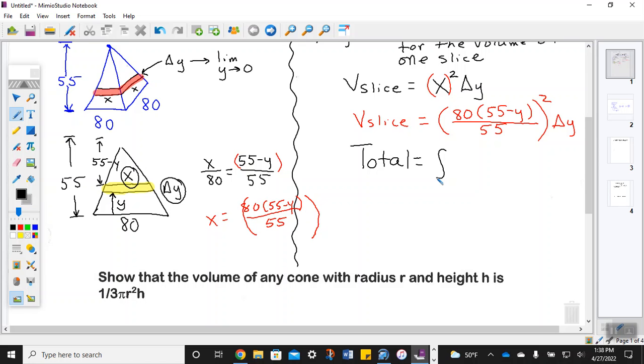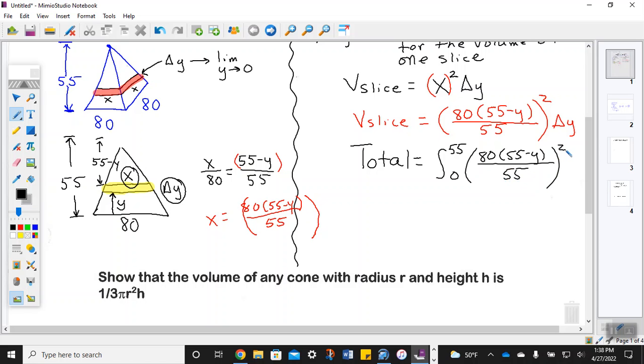So my limits, do you understand? 0 to 55. Or think about this. If y is driving everything, my y value is on a scale from here to here, or what distance? 55. Okay, so we're going to say that the total becomes the integral of 0 to 55 of your function that you have up here for one slice. It's just the summation of all the slices put together to get your volume. Okay, so you're going to have 80 times 55 minus y, all over 55,